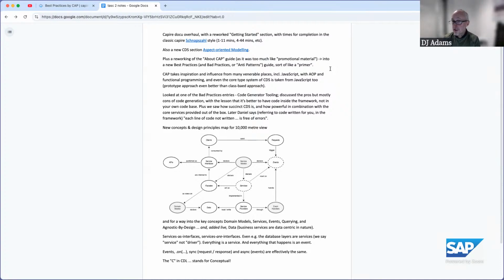We talked about JavaScript. It's very hard not to talk about JavaScript when I'm on the stream, and some of the inspiration that has been taken from JavaScript. And in that new About CAP guide, Daniel zoomed in a little bit on one of the bad practices, talking about code generation. And we had some great conversation about